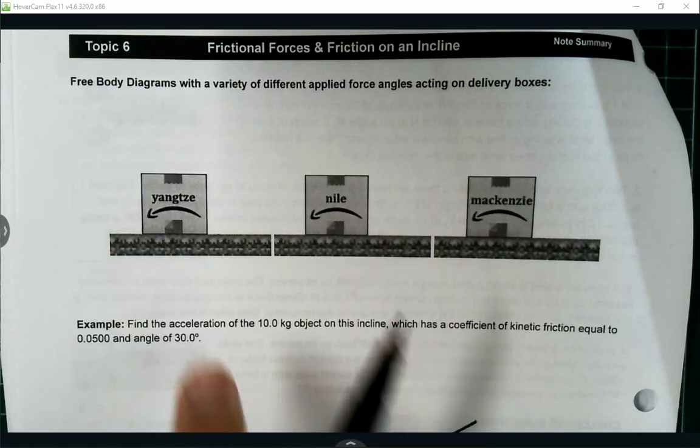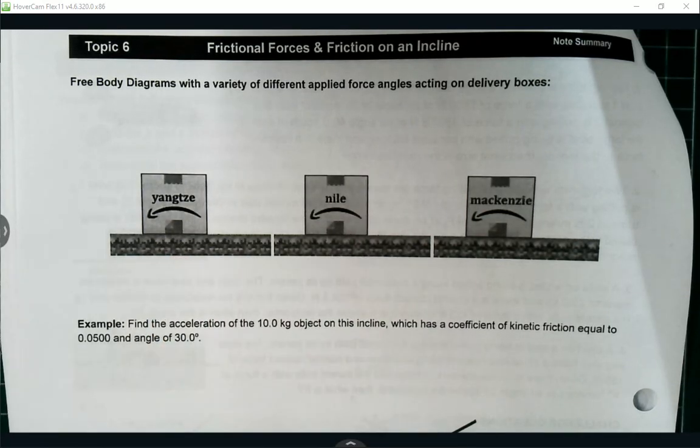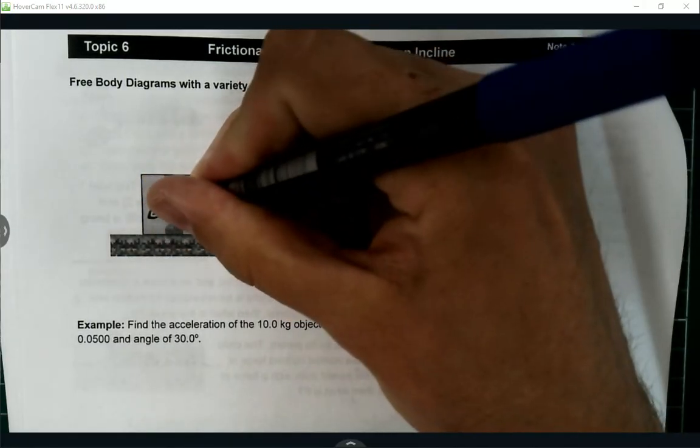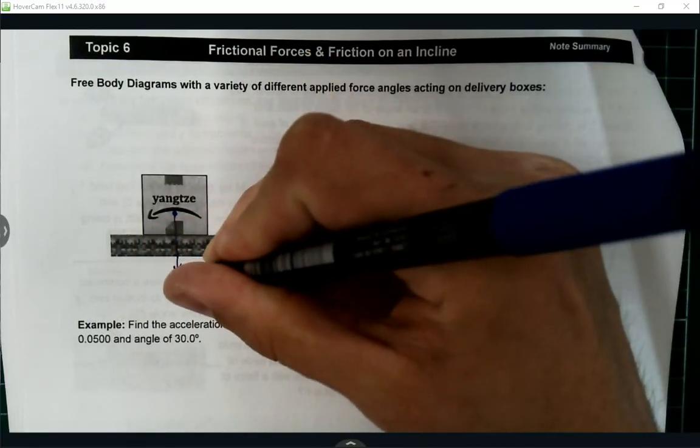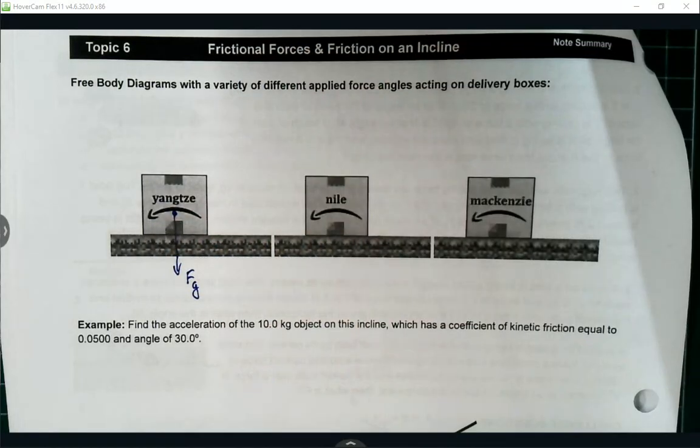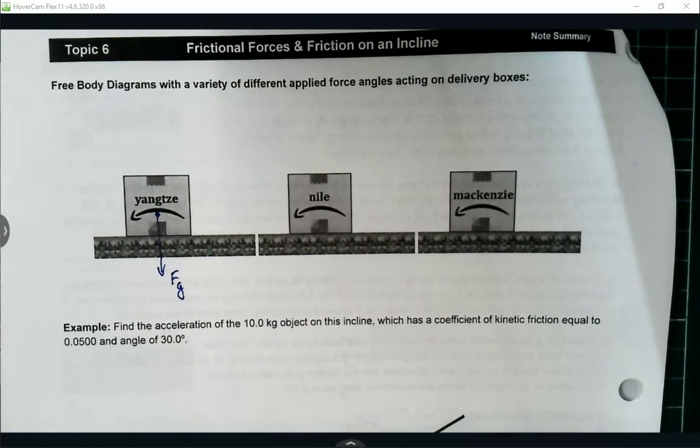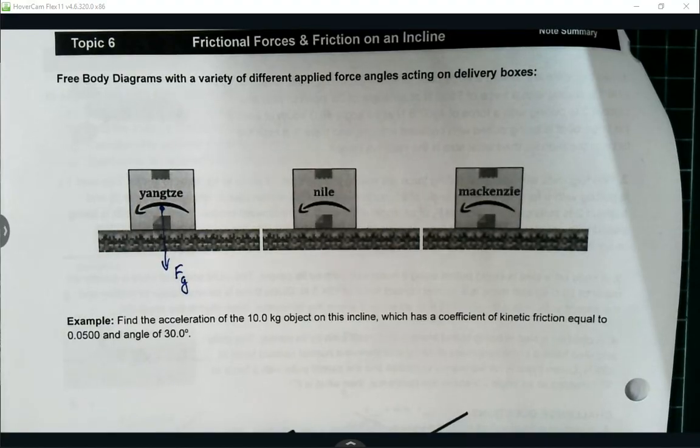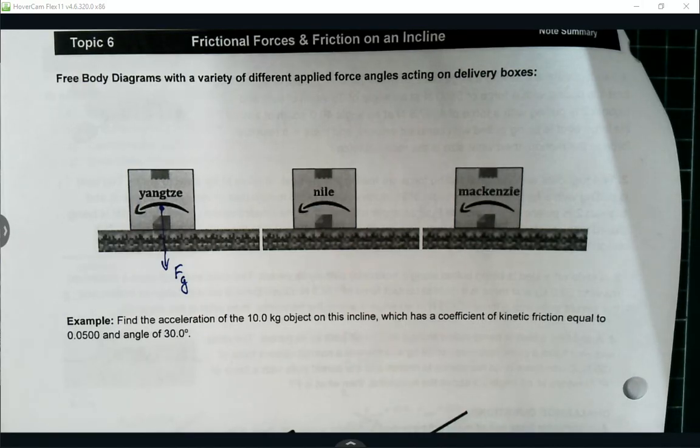All right. So we've got this first box from the Yangtze Shipping Company. And of course we're going to have an FG acting on it. If you recognize the landscape that we're on here? This is like some high-level graphic design. Spent some solid time in, not even Photoshop, it was like Google Shapes, I think. Anyway,